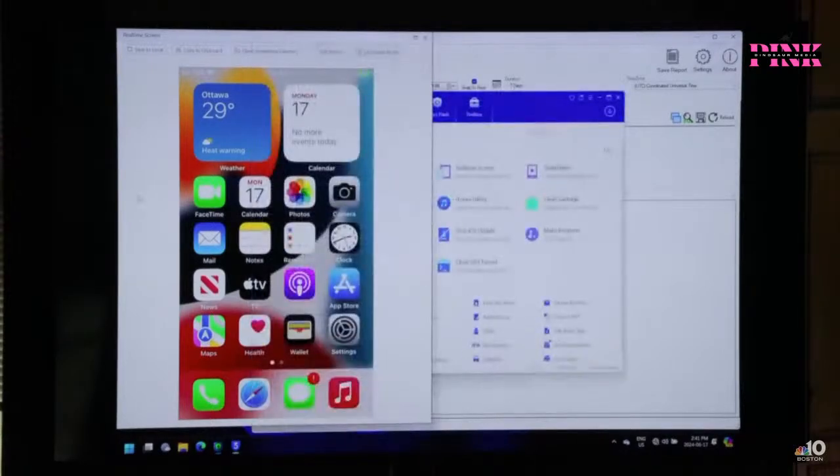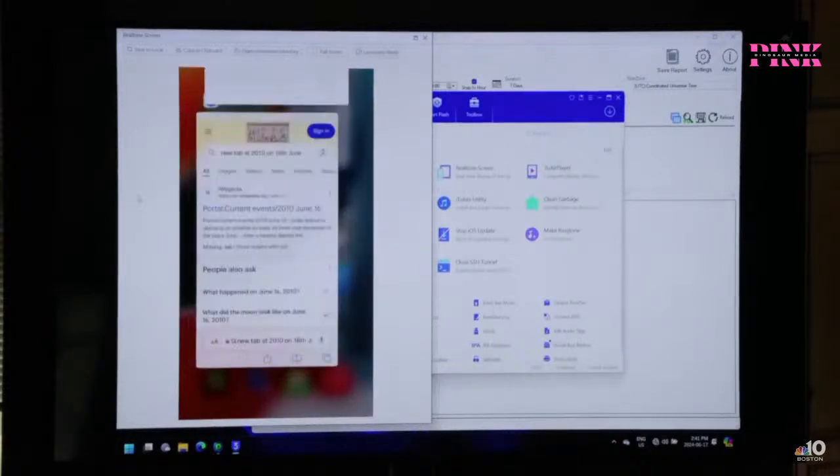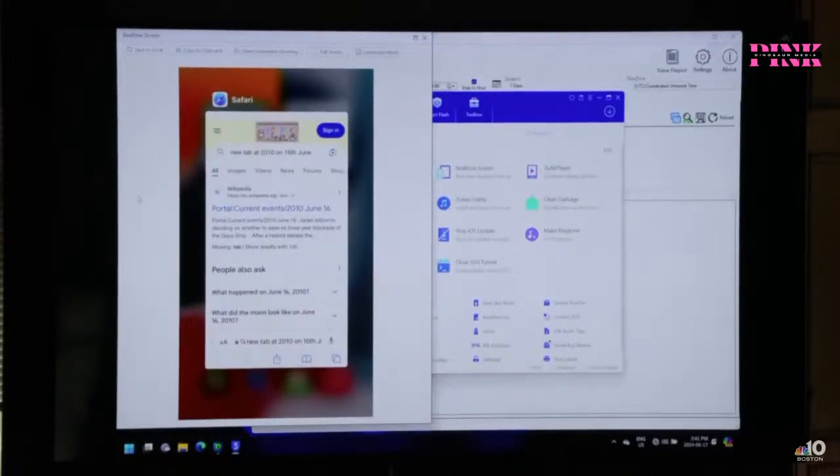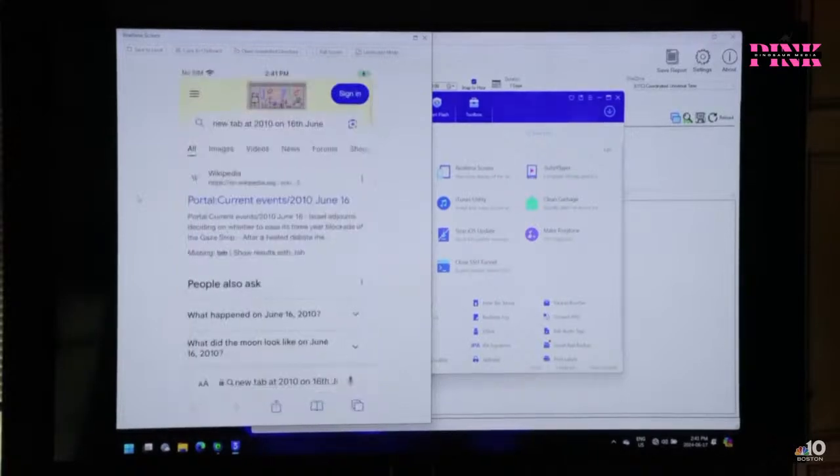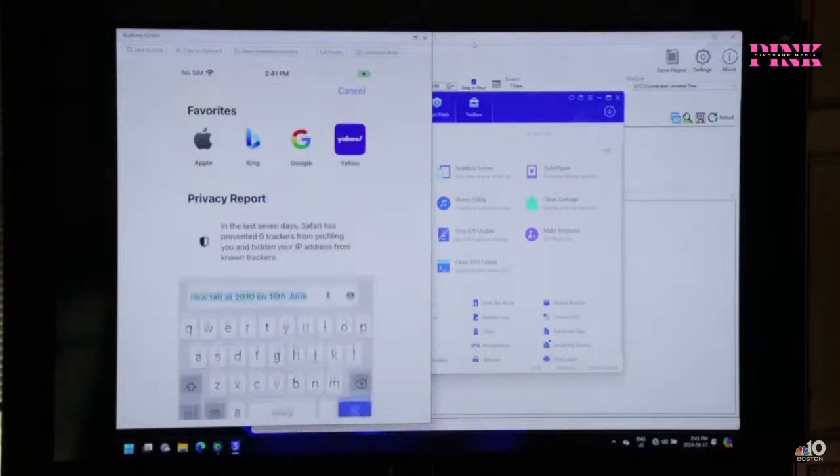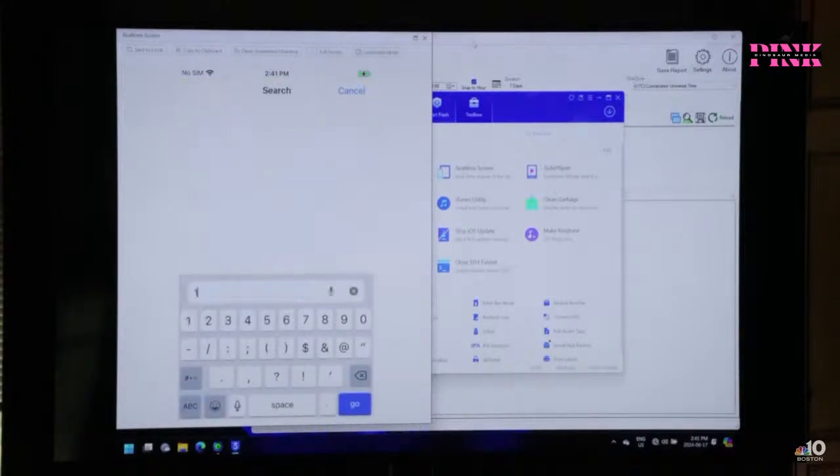If I go back into the live view of the phone, you can see I have Safari open from last night. So it's been sat in the background overnight and not doing anything. But at 10 past 8 last night, I performed this search in a brand new window. So started Safari, opened up a new tab, immediately searched for new tab at 2010 on the 16th of June. If I now search for the time right now, 1442,